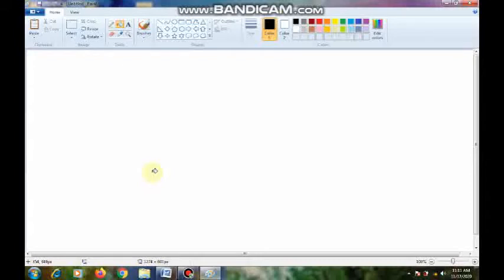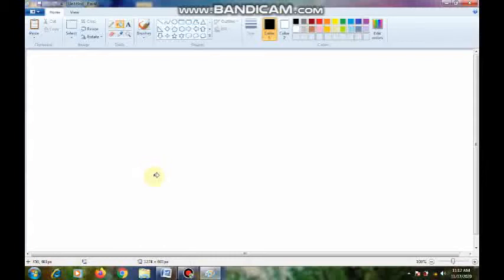Click select in the image group of the home tab. Drag the mouse pointer to select the area of the drawing you want to cut. Click the cut option in the clipboard group of the home tab. Click the paste option in the clipboard group of the home tab. The selected part gets pasted at the top left corner of the drawing area. Notice that the object is still selected. You can click that part and bring it to the desired position. Okay children, we can use Ctrl plus X to cut the selection, and Ctrl plus V to paste the selected part.